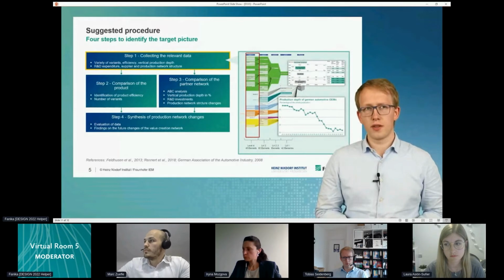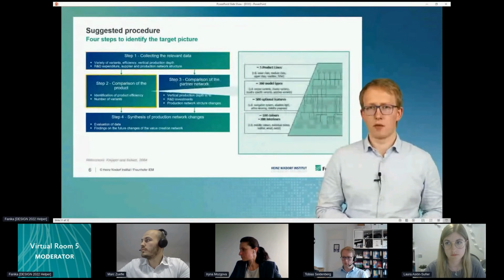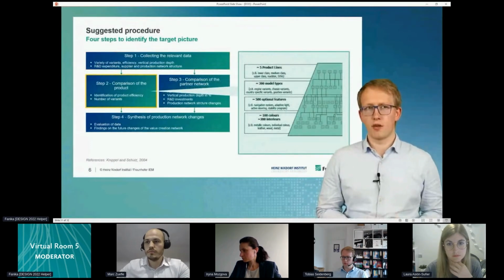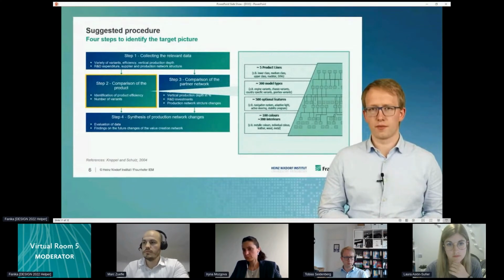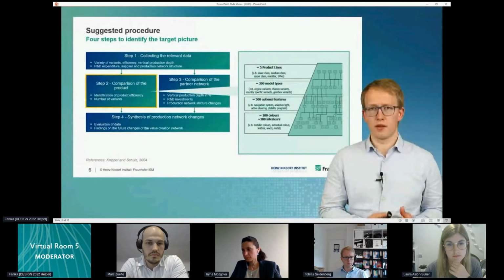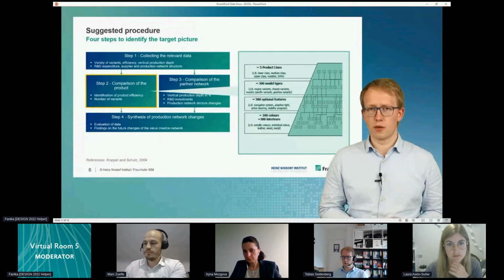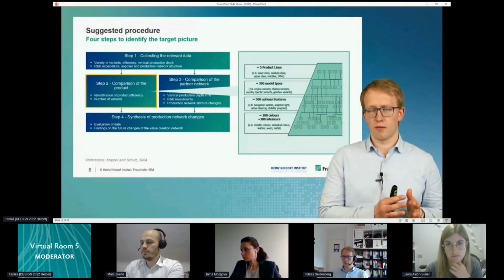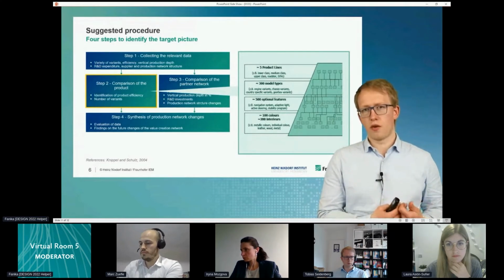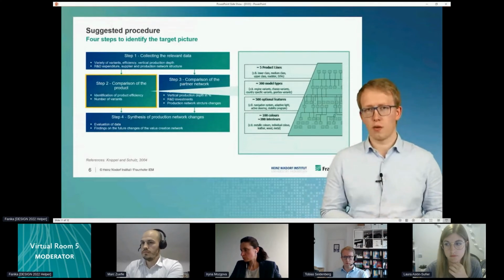So after collecting all the data, we did the comparison of the product. So basically, we investigated how did modularization change the number of variants and how did it affect the product efficiency. As you can see from the last century, basically the number of variants in the automotive industry, for example, grew drastically. And we're seeing a similar approach here in the shipbuilding industry. So we can compare how did the metric change for our benchmark, the aviation and the automotive industry, and so we can say how we expect to change it in our case.